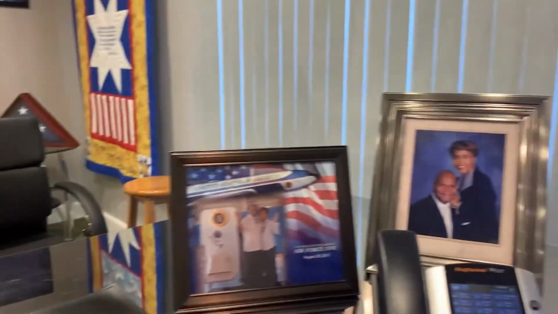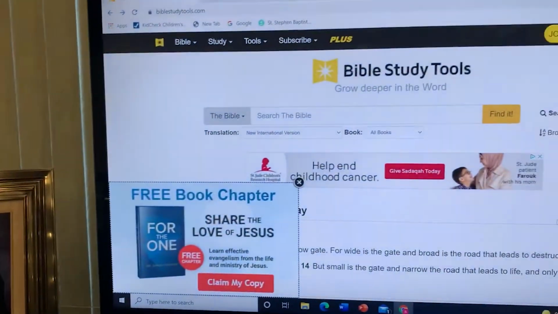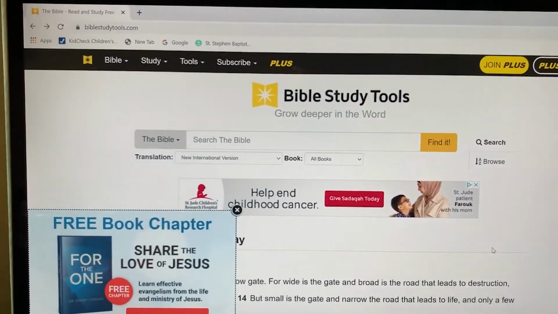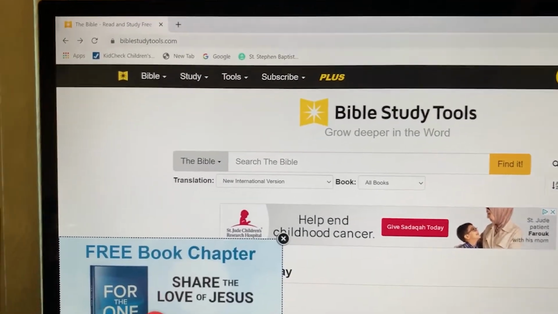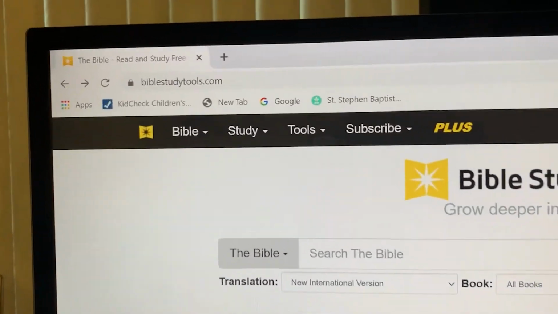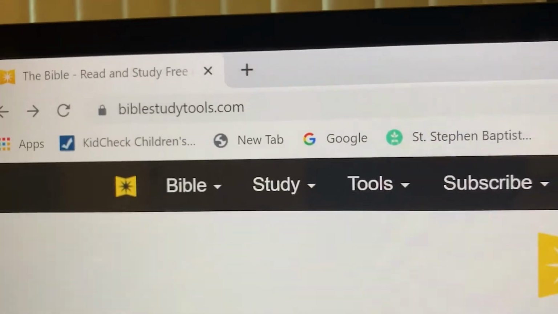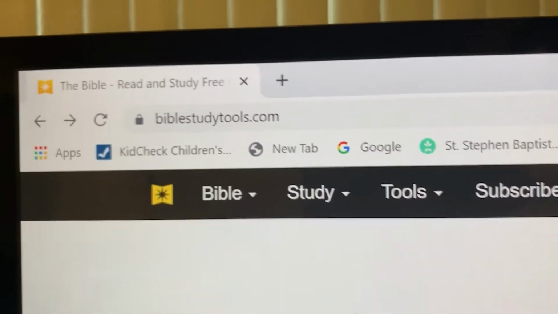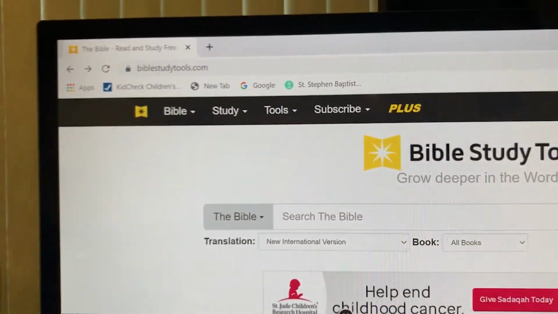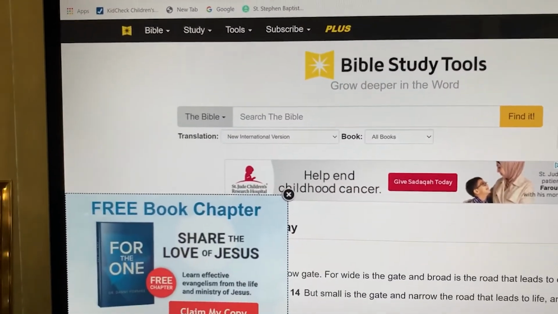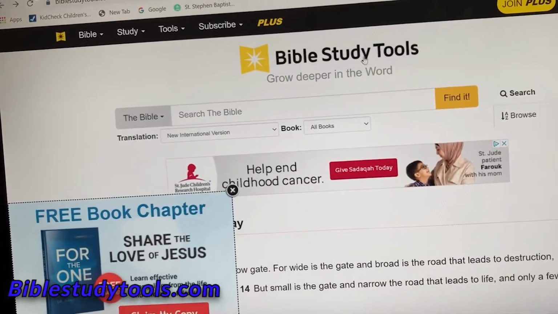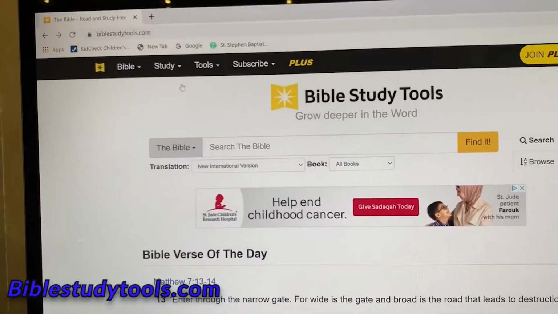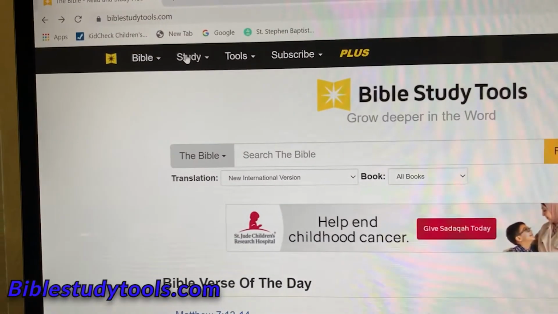Now I know a lot of you like to do things electronically. And since you like to do things electronically, I figured why not take a quick look at a simple tool. I'll just give you one resource, and that one resource is called BibleStudyTools.com. If you go to BibleStudyTools.com, this is the home page that you will see come up. In essence, you just click on Study,